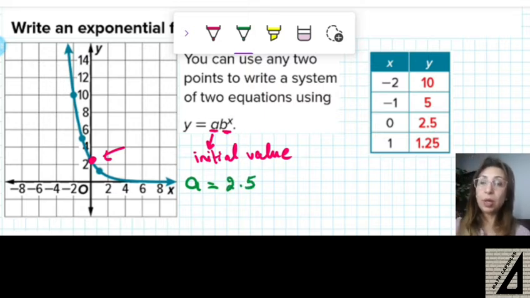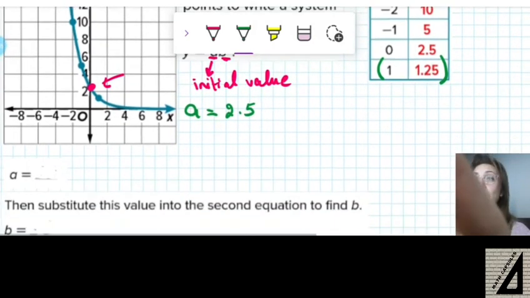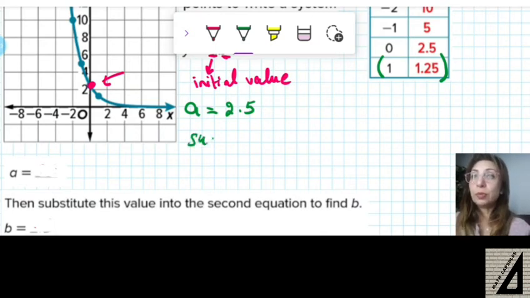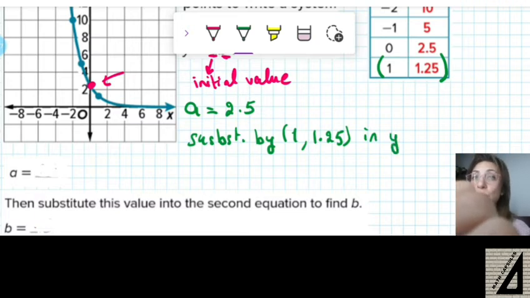What about the B? How can I find B? I can find B by substituting A in the equation for any other point. Like take, for example, 1 and 1.25. Let us take this point 1 and 1.25 and let us substitute by this point in the equation, which is y equals A, 2.5, times B, which is the unknown,